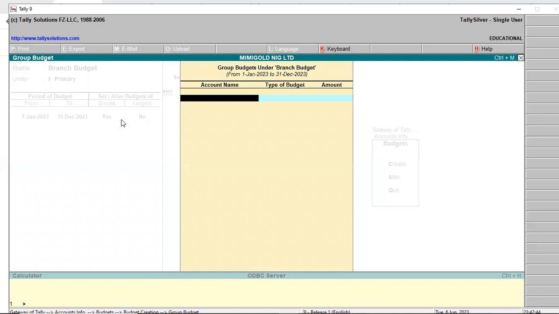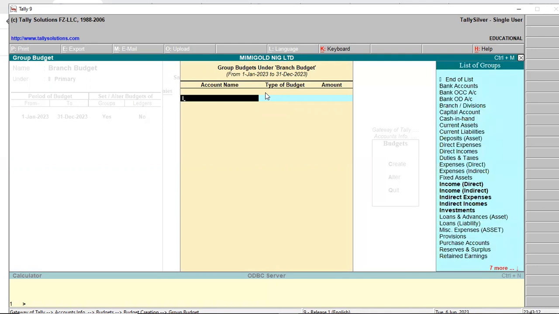So once you have done that, you see that this group budget window appears. Right here, you're now going to enter the accounts. You're going to select all those accounts that are applicable. For example, once I click on my keys, it brings the list of accounts. So I could select an account like,